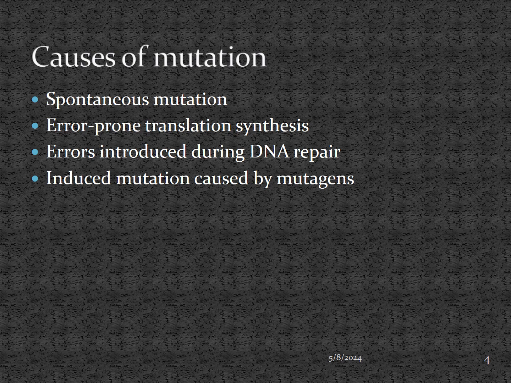So causes of mutation can be from a spontaneous mutation, error-prone replication, errors introduced during DNA repair, and induced mutation caused by mutagens. These mutagens can be from an environmental source or from teratogens that have been introduced into